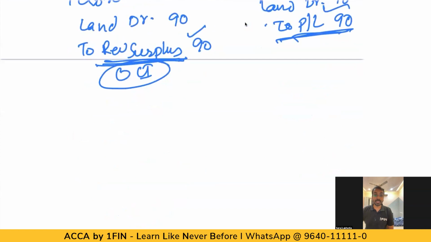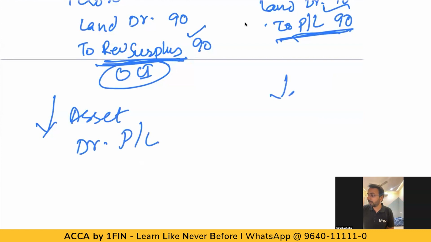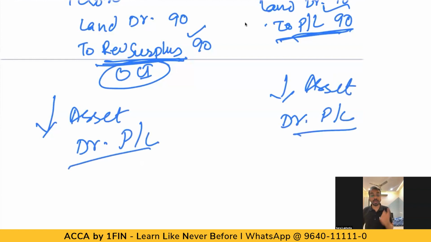Now, sometimes what happens is when you're doing revaluation, the value may come down also. I thought property is worth 1 crore, but the property is worth only 60 lakhs. So if there is a downward revaluation, you will reduce the asset and you will take the loss to P&L in both the cases. Here also you will reduce the asset and take the loss to P&L. So please remember, increase in value because of revaluation, increase the asset, credit revaluation surplus or P&L. Reduction in value of asset, reduce the value of asset and debit the P&L. Okay, so that is the treatment for revaluation.